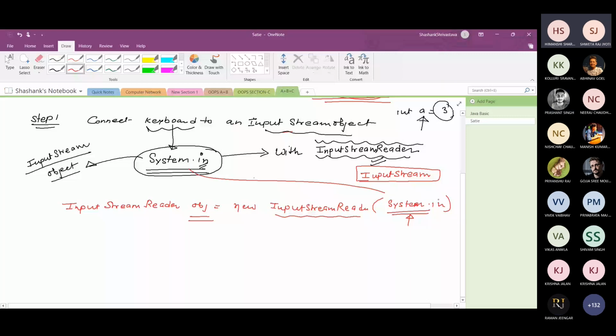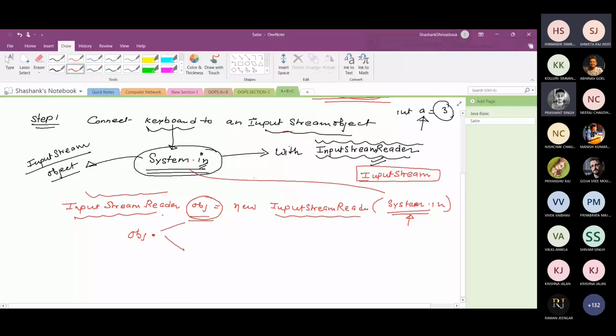Now, in order to read the data from the keyboard, you can call a method of the input stream reader class, means obj dot कोई भी मेथड जो कि इस क्लास के होंगे रीड करने के लिए.